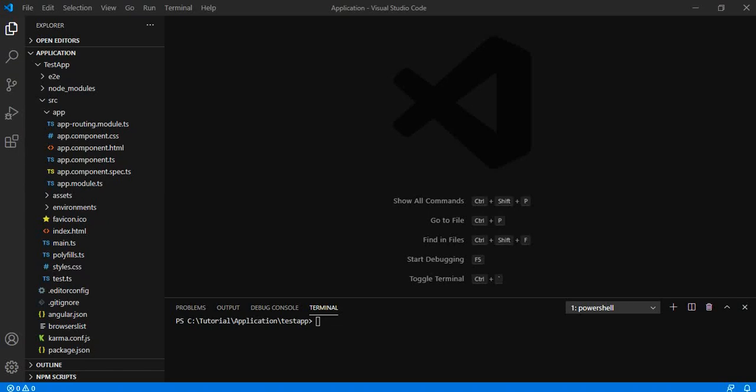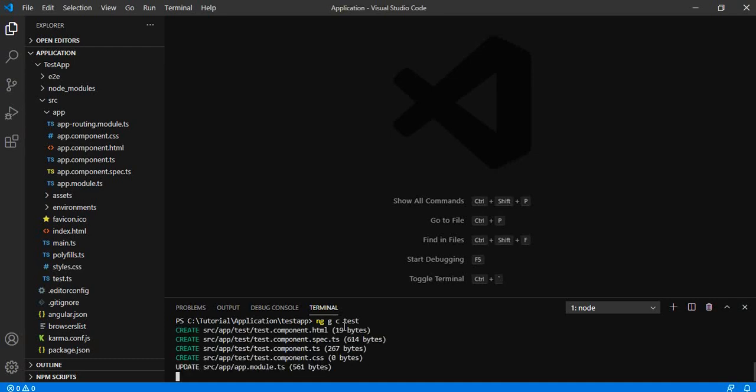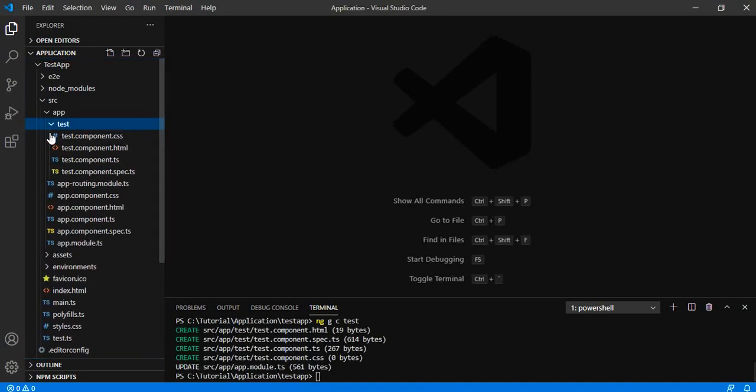Hello, in this video we will see how we will be able to access the template reference variable inside the HTML, and that reference variable will be usable on Angular component. For this I have already created the Angular application, and now I'm going to create a test component inside which we will create the reference variable, and with the help of HTML element we will access that reference variable inside